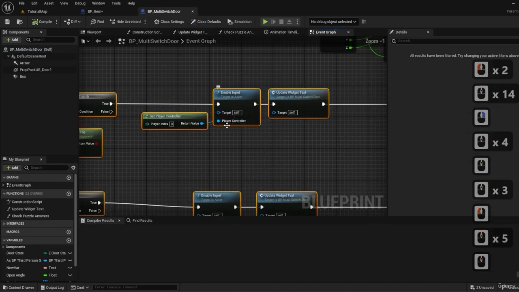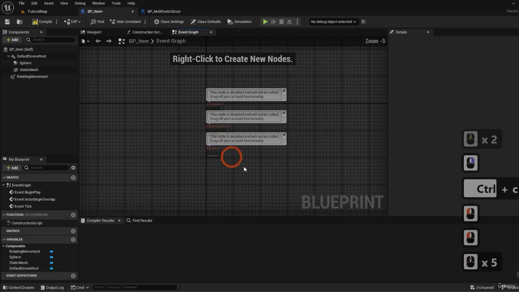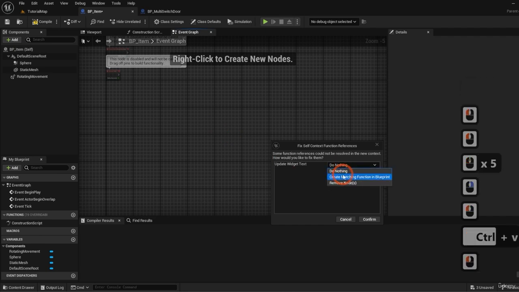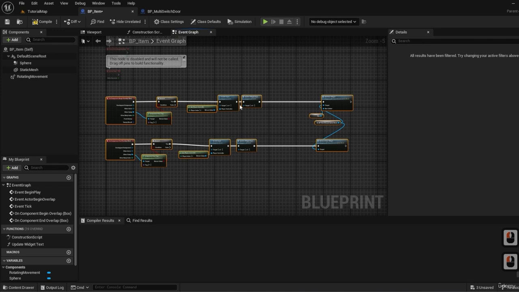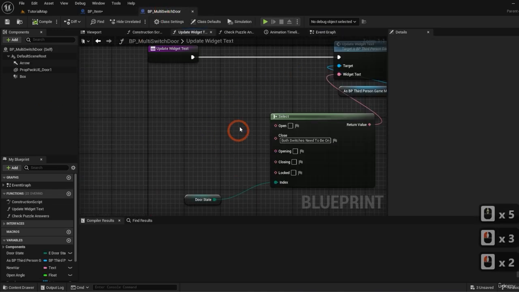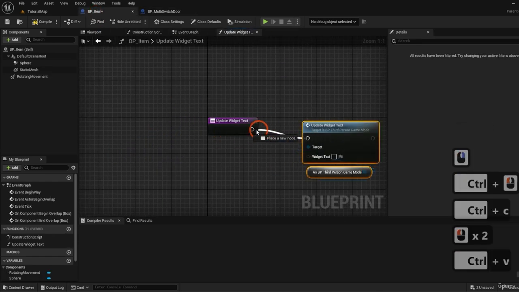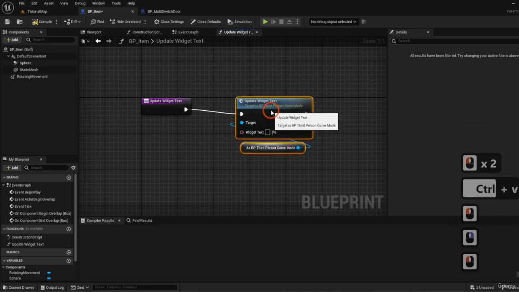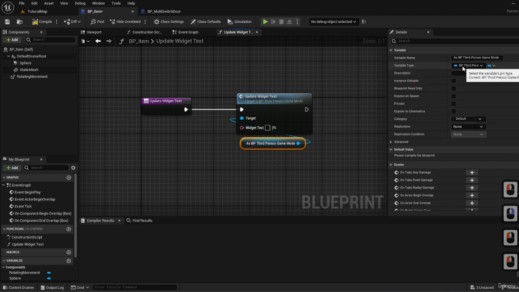One door that has this behavior of the widget. So we're gonna copy this, go to the item, and paste it over here. We're gonna create a matching function for the widget update, which let's just fill in right now. I'm gonna go to the other function over here, copy this and paste it here. I'm gonna promote this to a variable because this is the third person game mode. I'm gonna say here pick up